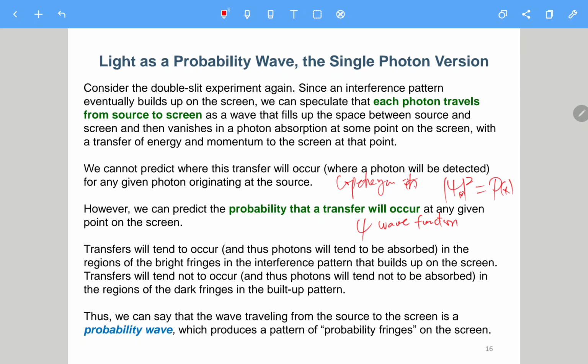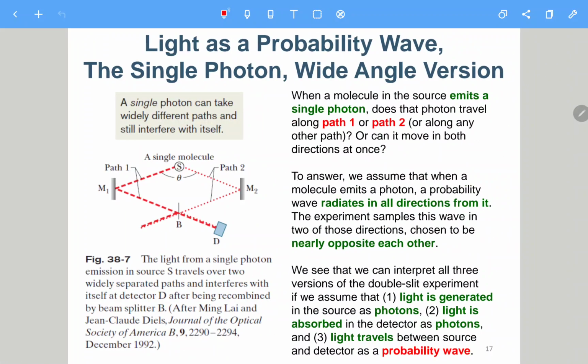Okay, so there are many texts, so I feel like I should skip through it. Here it says light is a probability wave. So you may still consider that light is a photon, a particle, so maybe we should be able to define its position correctly, just like what we have done in